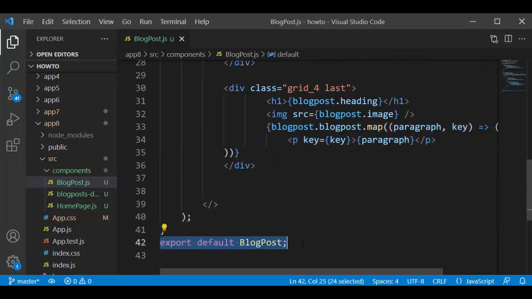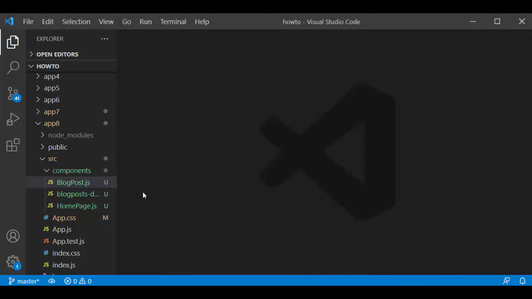Export default blog post, and we are finished coding the blog post page. We finished blog post JS, and now